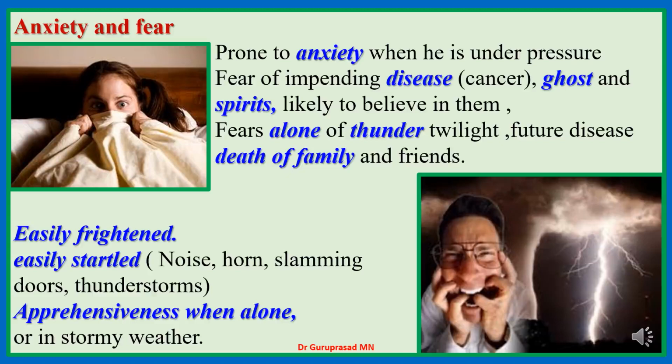because most of the time they have that clairvoyant behavior. They get some kind of intuition that something bad is going to happen to the friend, or something bad is going to happen to his family members. I have seen several cases of such individuals who say, "Doctor, I feel something bad is going to happen to my family. Something bad is going to happen to my friend." You see such a typical mental state in Phosphorus.